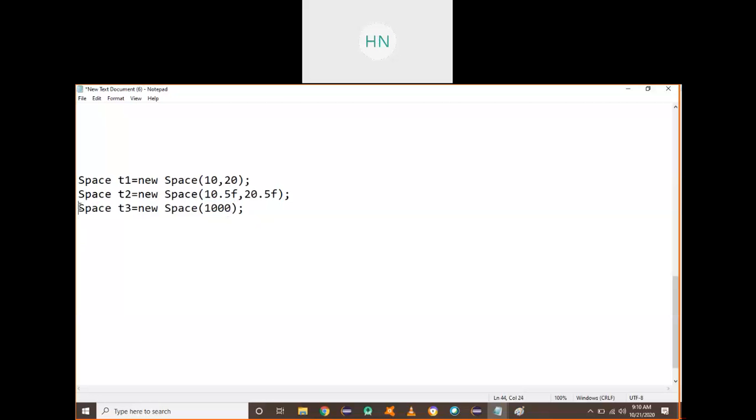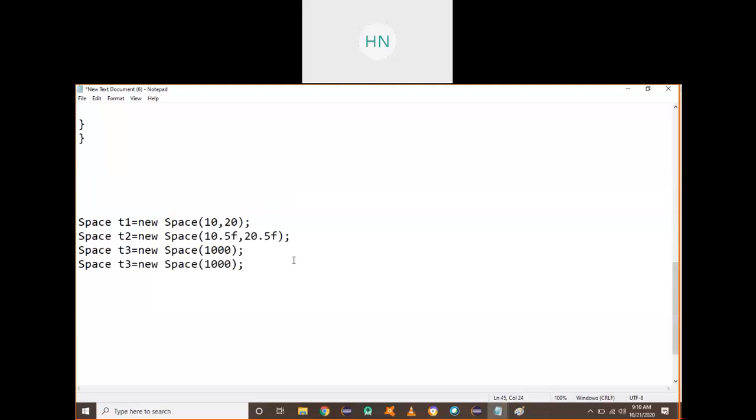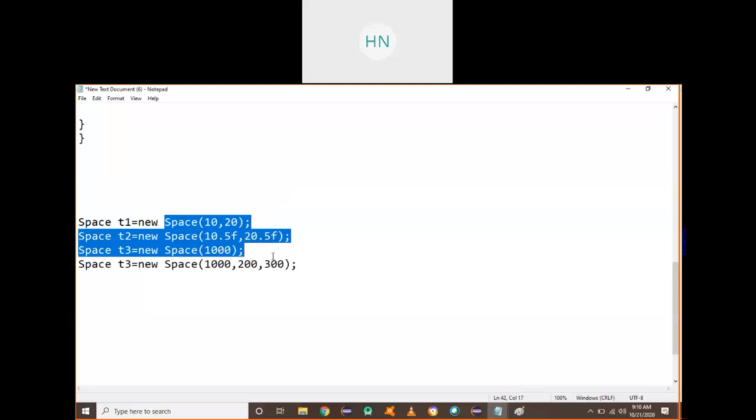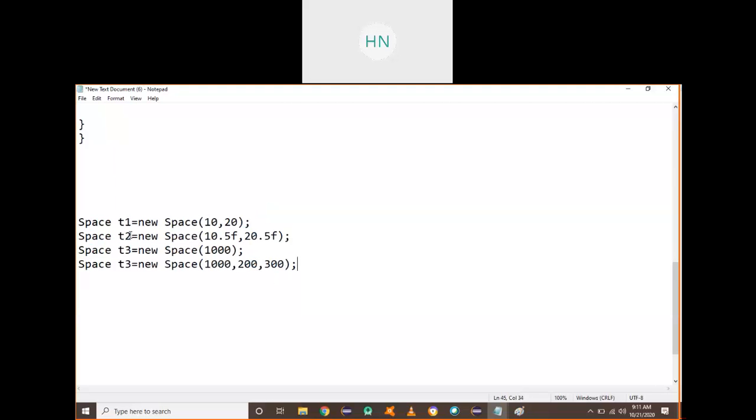One more constructor you can create, passing five values or three values, or something like 200, 300. So here the number of parameters changed. You see this one and this one, the number of parameters are different. So at least one thing should be different here. So this space constructor is known as overloaded constructor. This is how you are going to create your overloaded constructor.